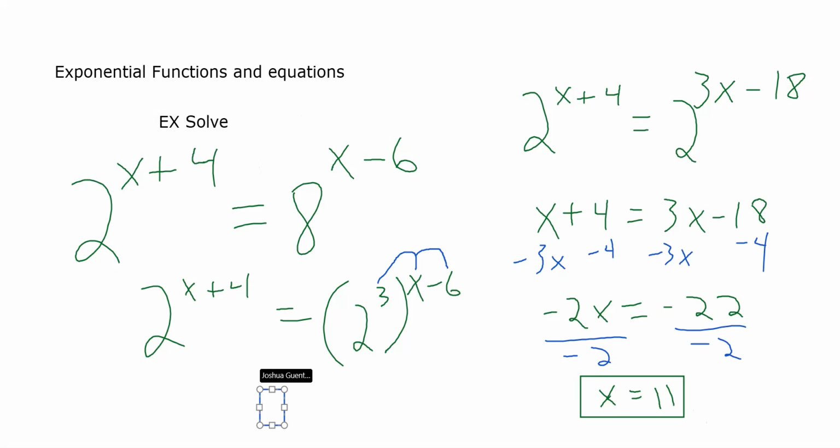You'd end up with 2 to the 15th equals, then 8 to the x minus 6, you'd put 11 in there. 11 minus 6 is 5. You'd end up with 8 to the 5th power. Now, I'm not going to sit here and do 2 to the 15th off the top of my head, but